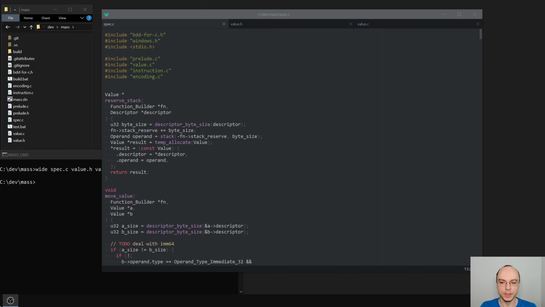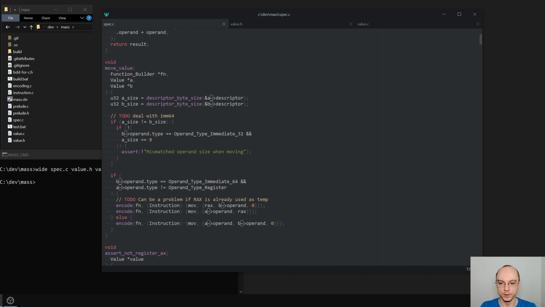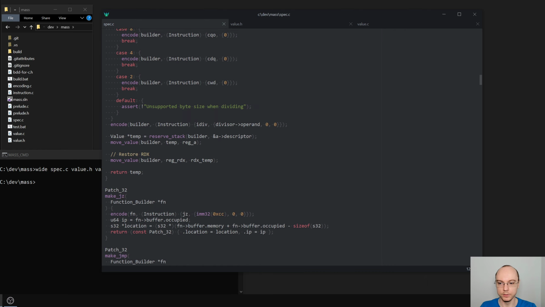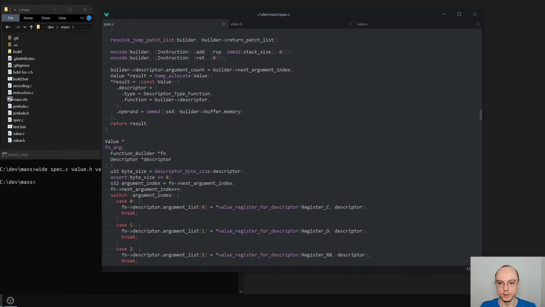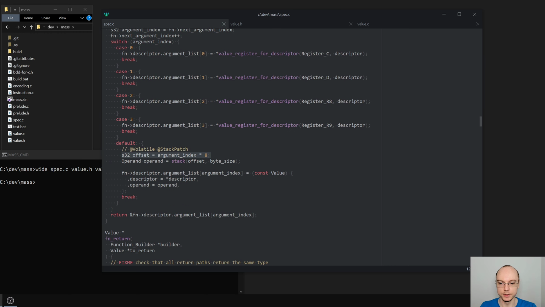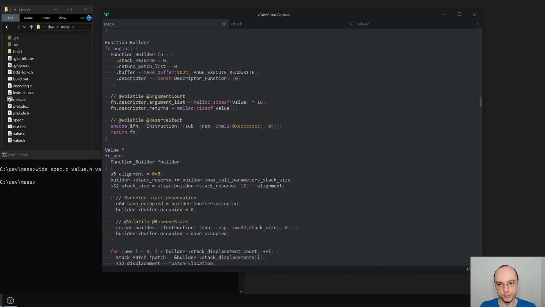After yesterday's video, I wasn't really happy with all the weird math that we had to do to figure out correct offsets. Then I realized that if inside of this reserve stack function I flip the sign here, and then flip the sign in the function that deals with the arguments in fn args, then all the math becomes super trivial. It's literally just this, right? You just take an argument and multiply it by the size. Anyway,